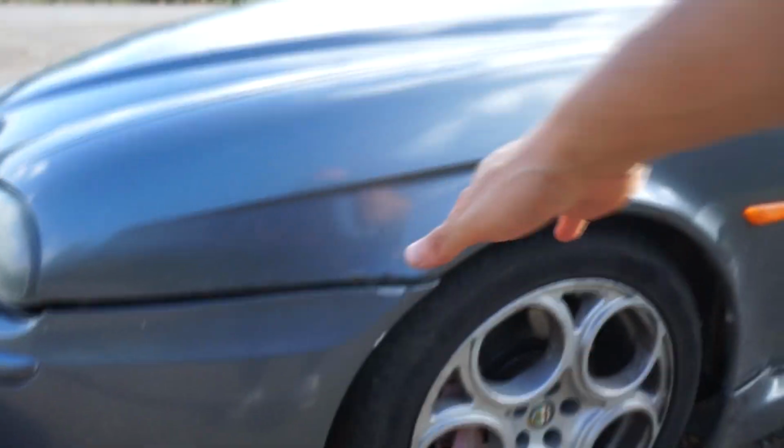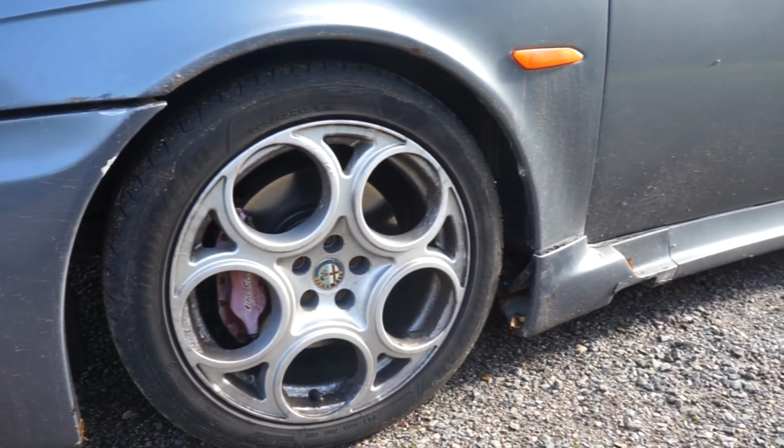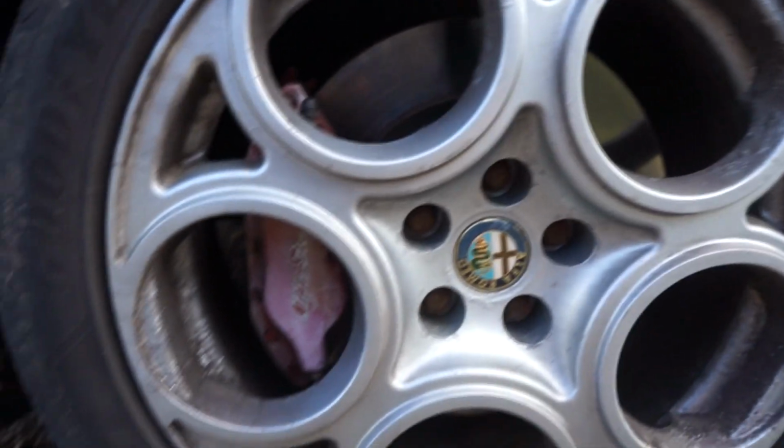Not too bad, it's actually pretty good on one of these. I know this has been replaced at some point. The alloys are in desperate need of a refurbish. You can see there's all sorts of rust going on the alloys, and in here as well you can see that the paint has faded on the brake calipers, which is a bit of a shame, but we can get that sorted, no problem. One thing the eagle-eyed of you might have spotted too is that it's missing the arch